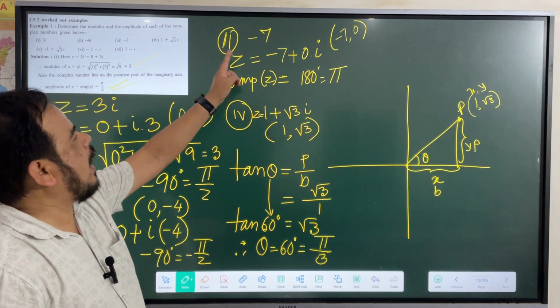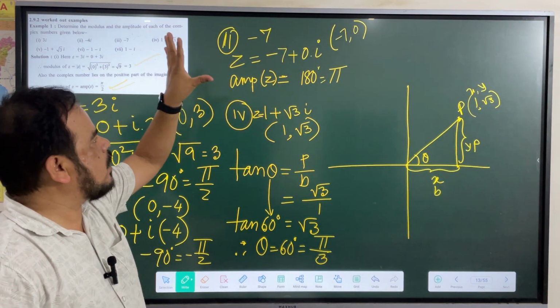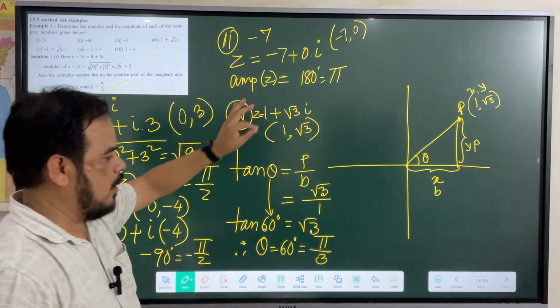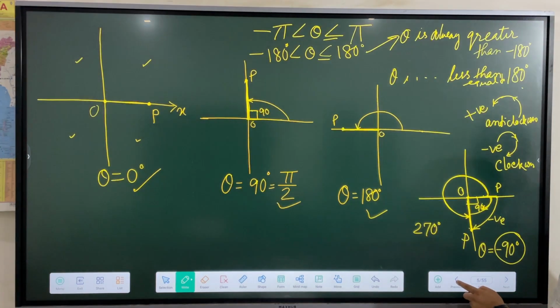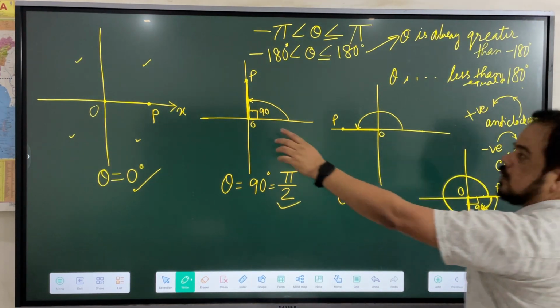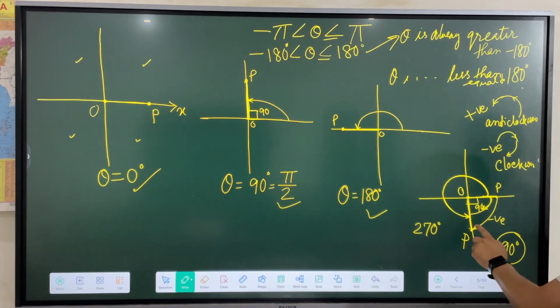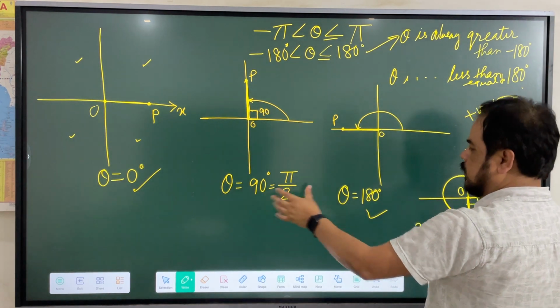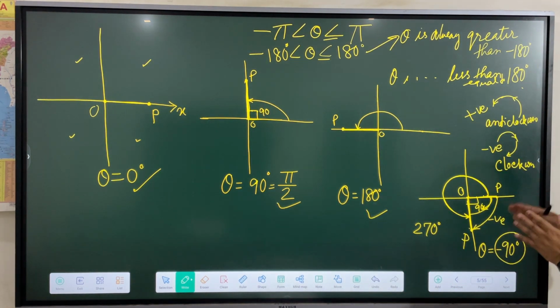When either x or y, anyone is 0, we can write the value of theta directly. How? Here I explain. P is here, here, here and here. This one we have already done: theta is 180 degree, theta is minus 90 degree. If it is on the axis, then